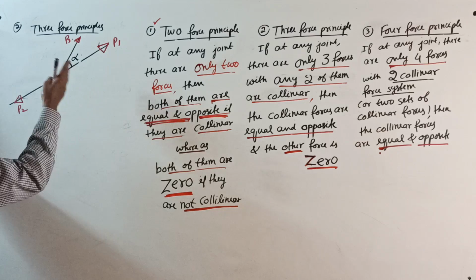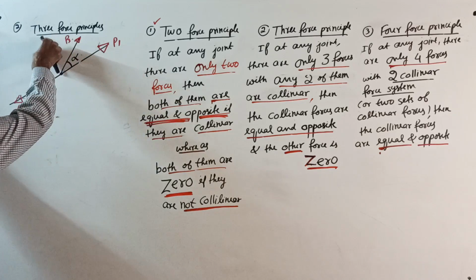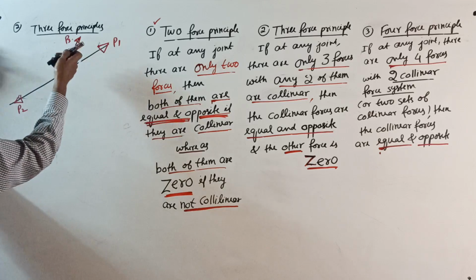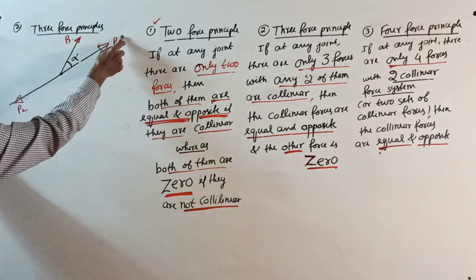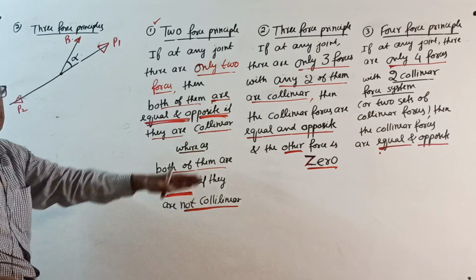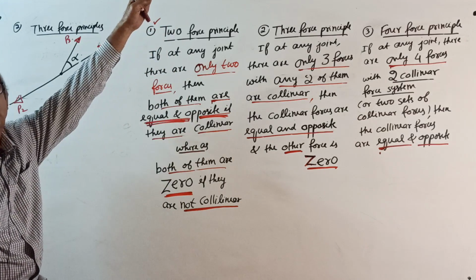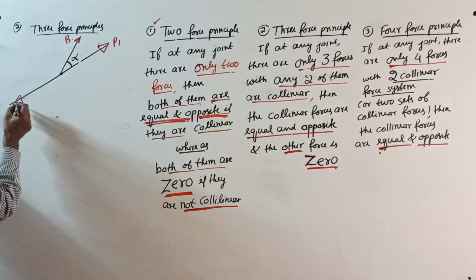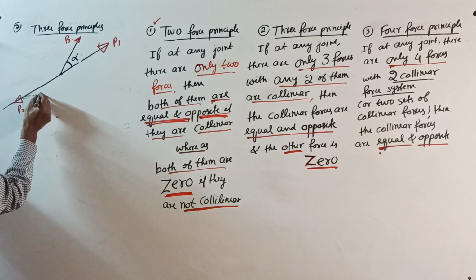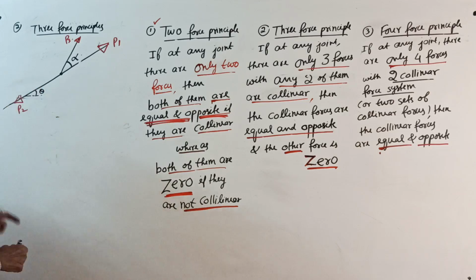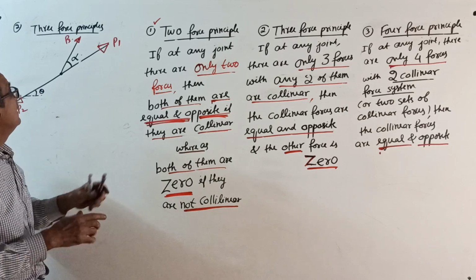Note, alpha can be anything. If P1 is this way, alpha can be 90 or any angle. Even for P1, P2 there is no restriction, they can be inclined. You can make a note here: let P1, P2 make an angle theta with the horizontal. So there is no relation here. See, then